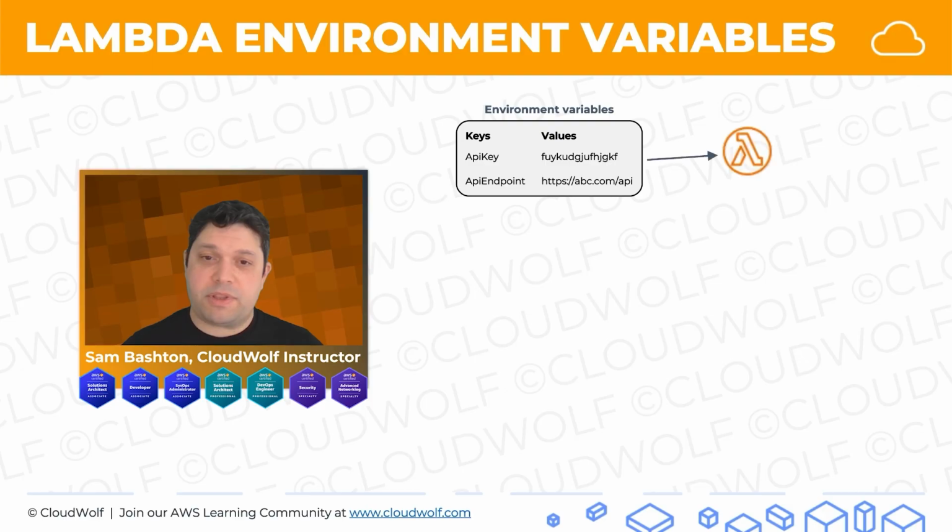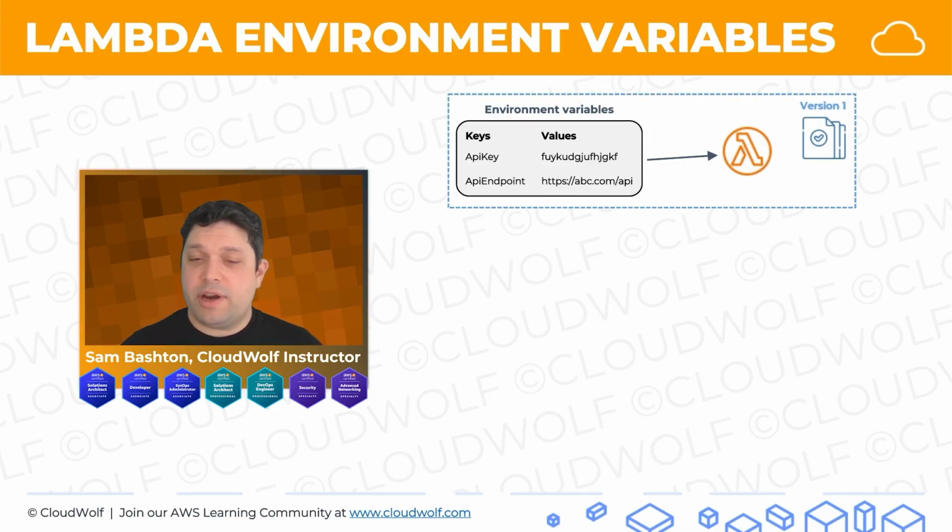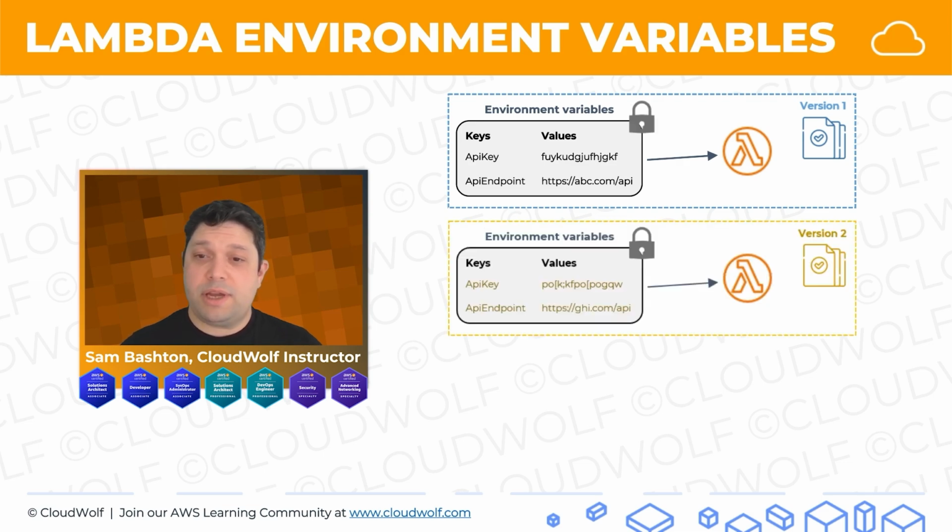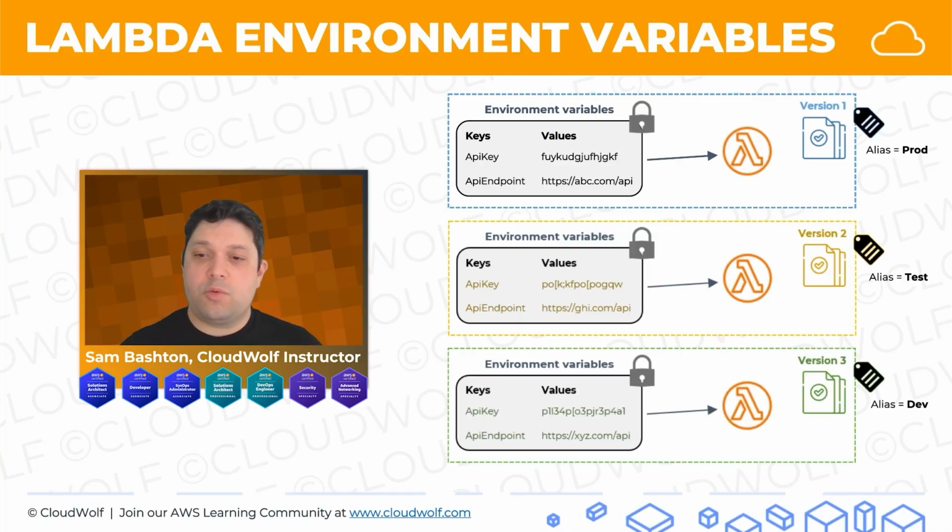We can also encrypt those because obviously sometimes we might have sensitive variables that we don't want to be exposed and readable generally. So here we've got an example of environment variables set against a version of the Lambda function. And what we can do is we can have multiple versions and we can have different versions of those environment variables based on the version, which is useful in particular when we have a production, a test and a development